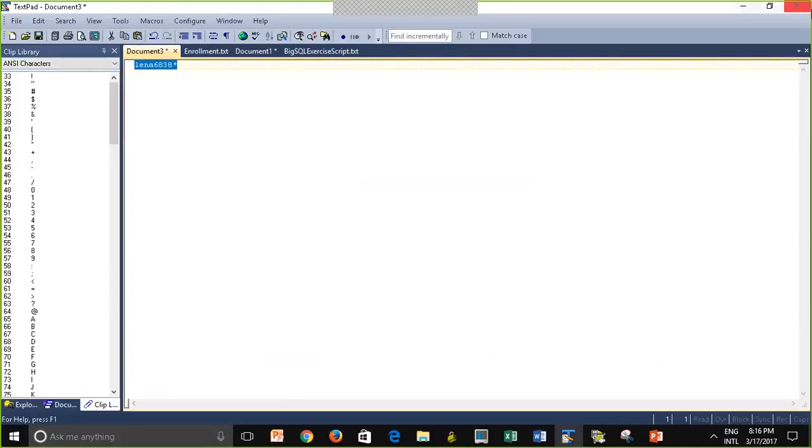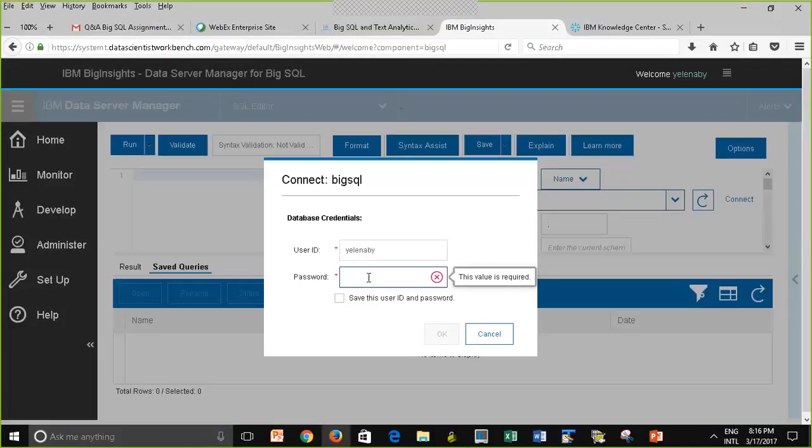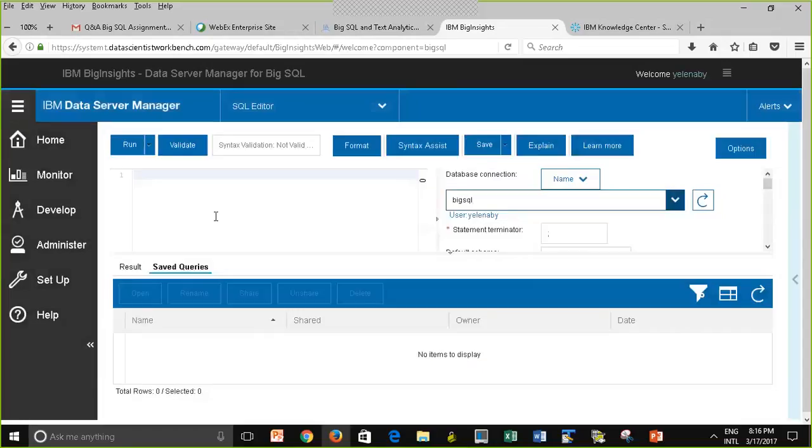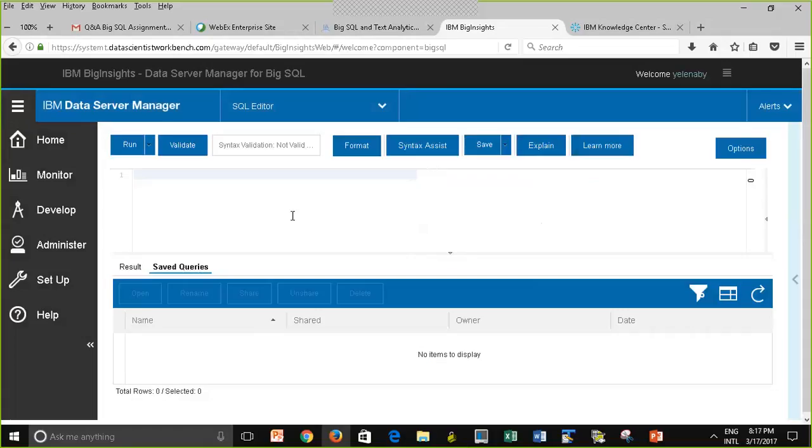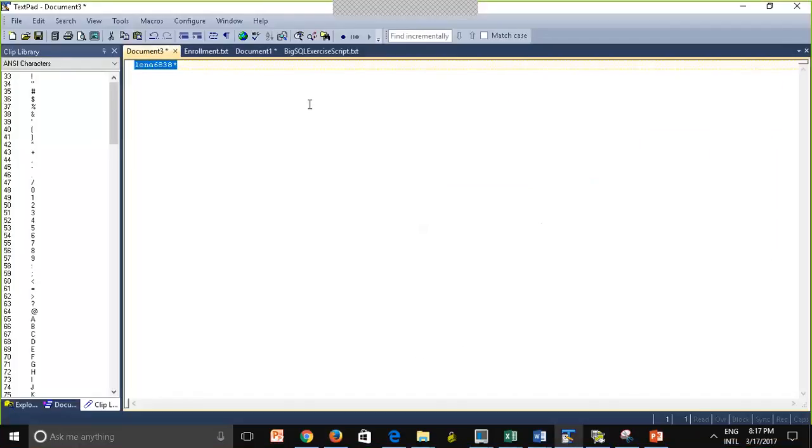Control C, and then Control V, okay. Now I'm going to click OK, and I'm going to be connected to the database. Now, minimize. What I did was prepare the script ahead of time, and remember that we never use